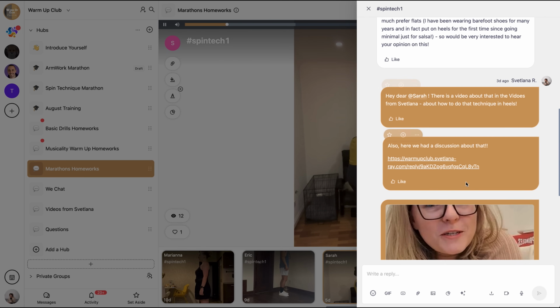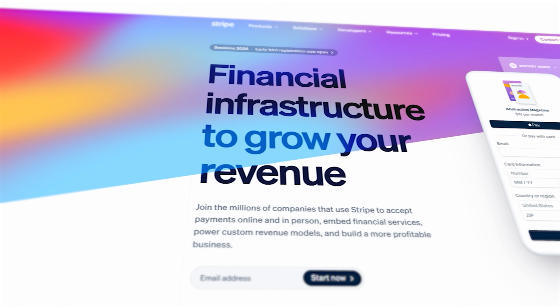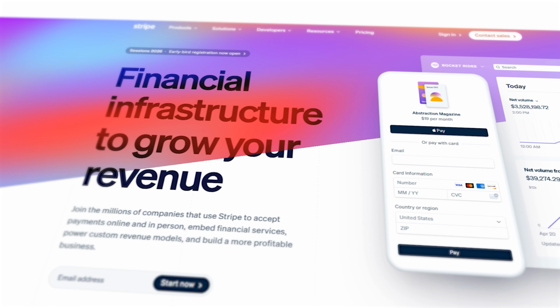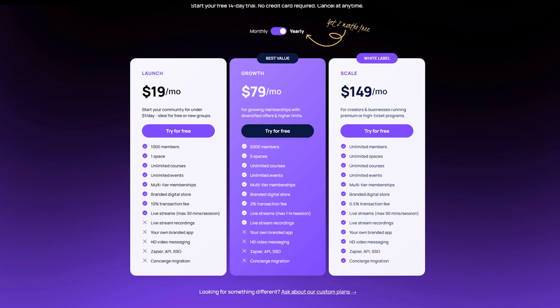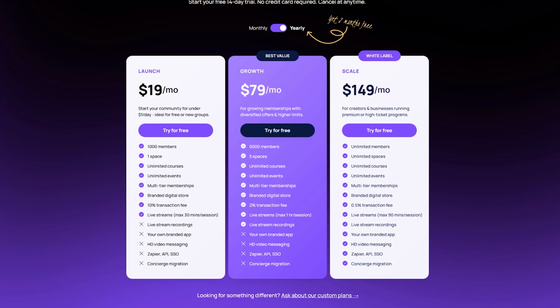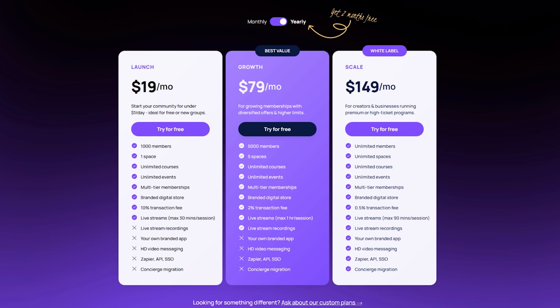Friends, here's a cool feature that keeps people engaged. At the end of each module, you can ask members to submit homework in a dedicated hub. For payments, you get your own store URL, which is basically your digital storefront built right in. You link Stripe to your account and shape your offers in one place. Memberships and digital products go live together, so you can start selling right away. Swarm feels premium, but stays accessible, with a starter plan for new communities and simple upgrades as your needs grow.